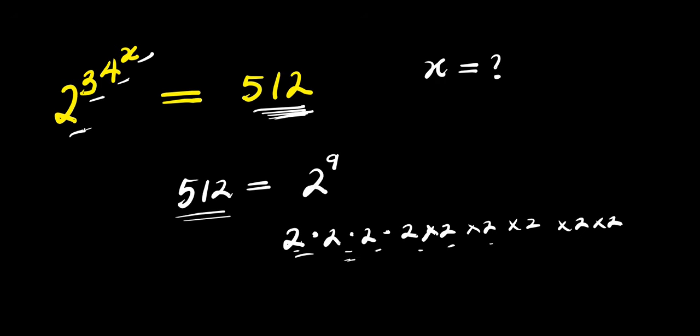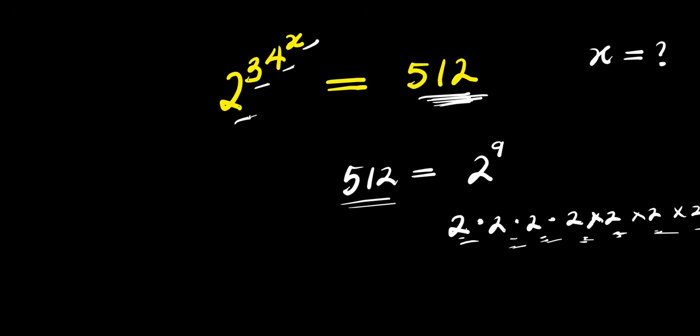2 times 2, 4, 4 times 2, 8, 8 times 2, 16, 16 times 2, 32, 32 times 2, 64, 64 times 2, 128, 128 times 2, 256, 256 times 2, this is 512. So that means you can simply express this as we have 2 to the power of 3 to the power of 4 to the power of x equals this 512 here, we can express it as 2 to the power